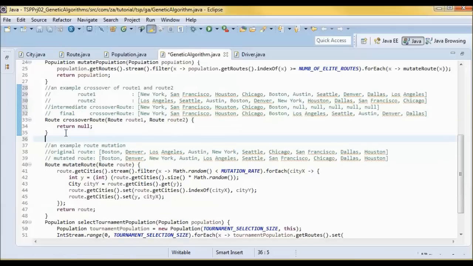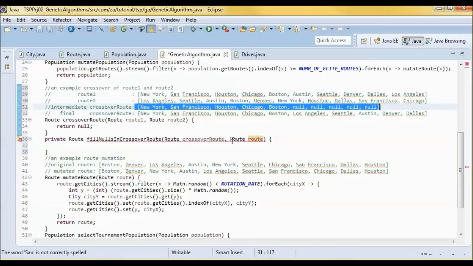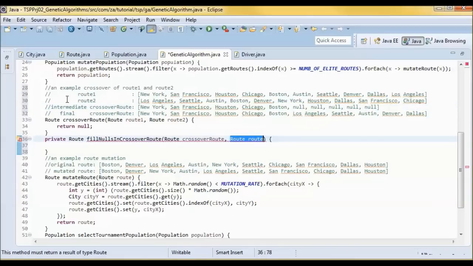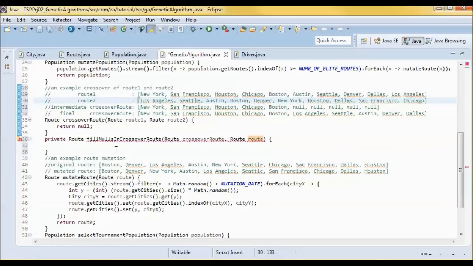So I will have this method, fill nulls in crossover route, and I'll pass it the crossover route like this one here, and this route will be route 2 in this case. And for now, let's return null.